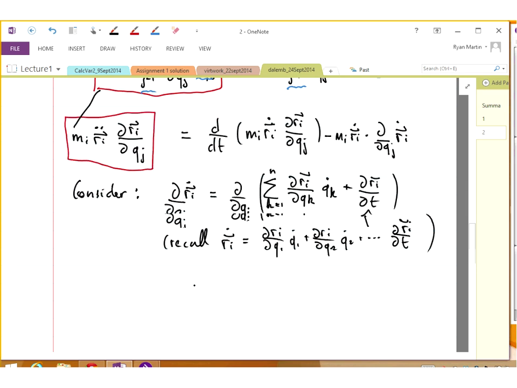So now if I take the d by dqj inside of there, right? So I get the sum of k equals 1 to n of d by dqj of